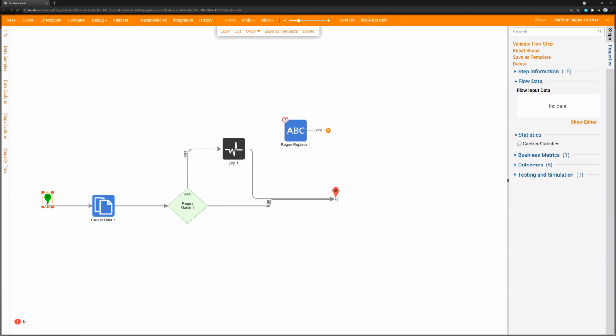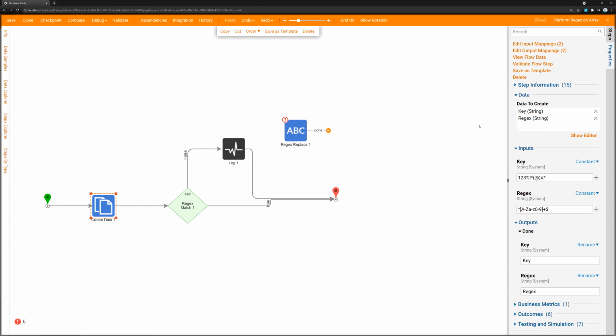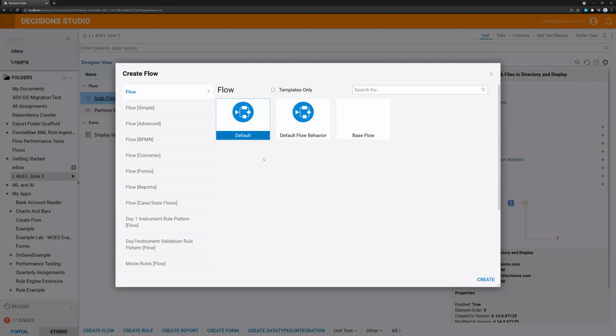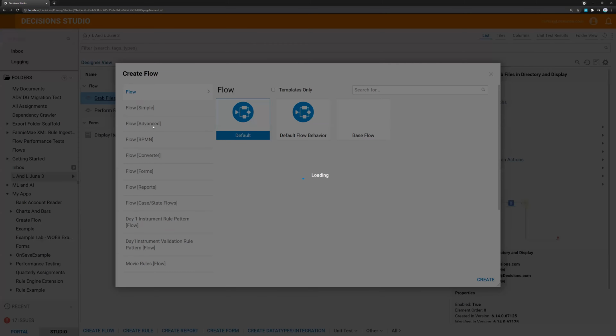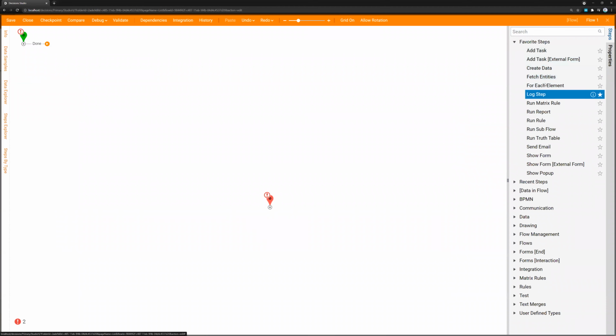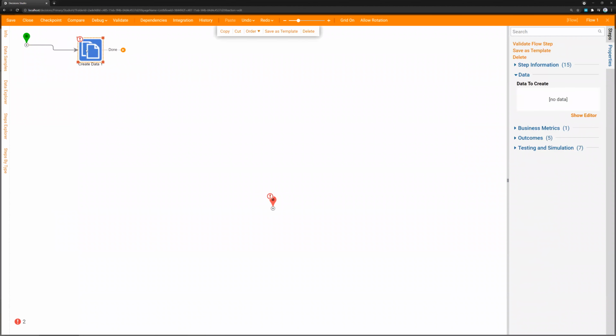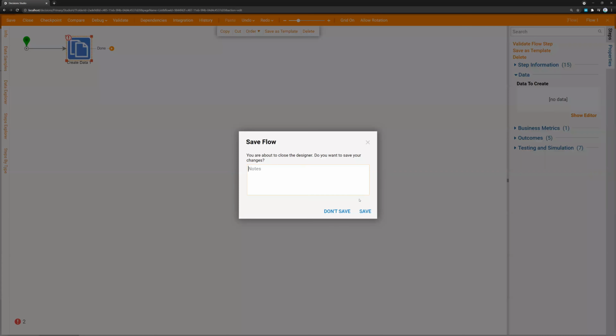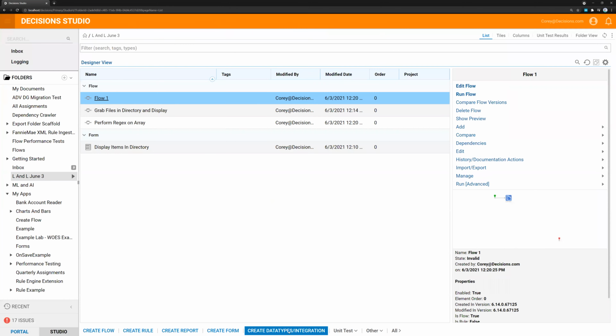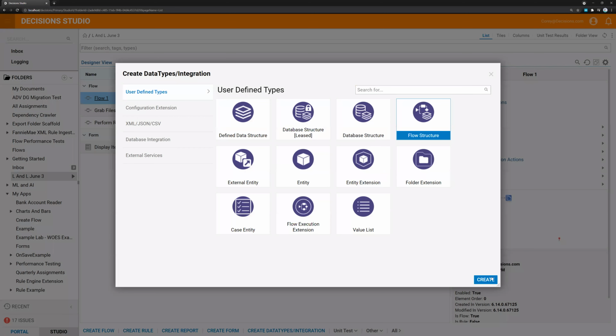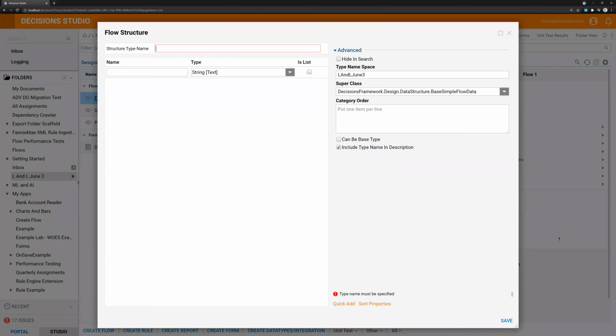But your question mainly comes in with, okay, I have this list of key value pairs. So let me build up another flow here that's going to take in, I'll create data here. And for this, I'm going to make a wrapper for this type of input, which is going to be my